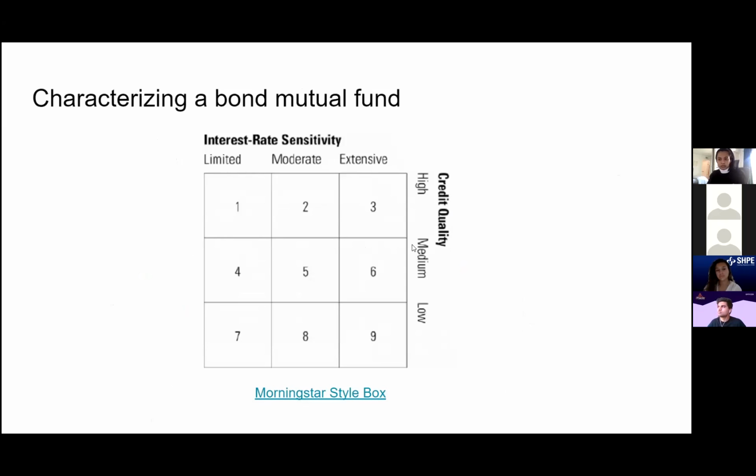And somewhat lower is where you have investment grade corporates. So there's a theoretical possibility that they could default, so you need to be compensated for that risk. So along this row, you'd be getting a slightly higher return. And this bottom box, the low quality, these would be your high yield funds, which is a nice name for junk bonds. If you're going to invest in a junk bond, they're going to have to pay you a lot of money because there's a strong possibility that they'll default. So you have to be compensated for that risk. So again, this is a style box.